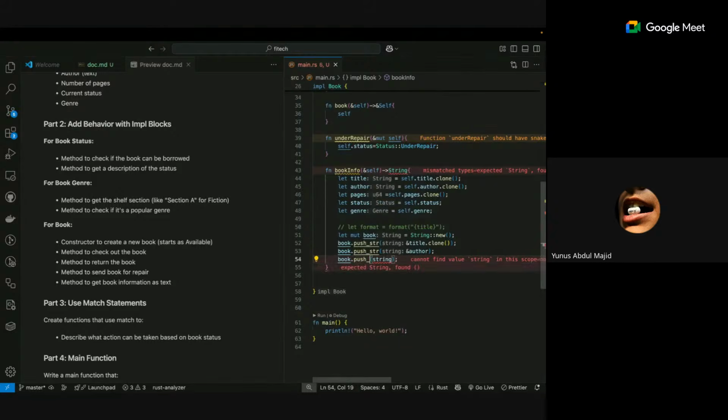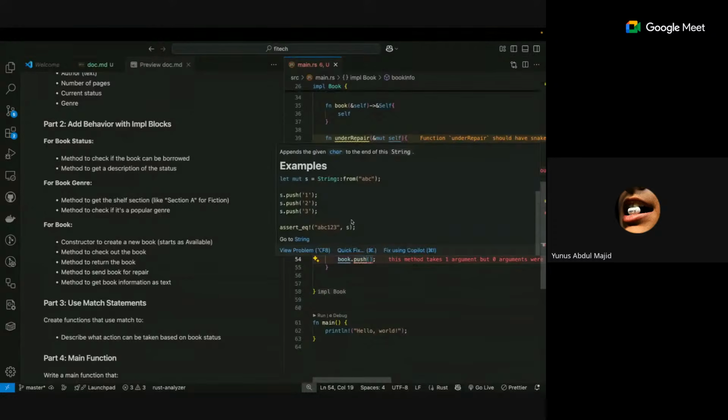So instead of using this str, we have this push method that we can use. So what does this push do? Push helps you to push